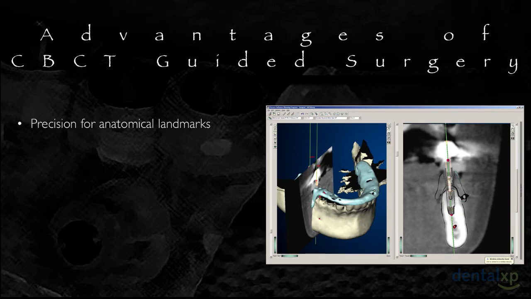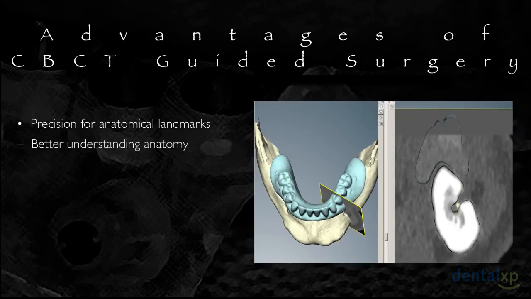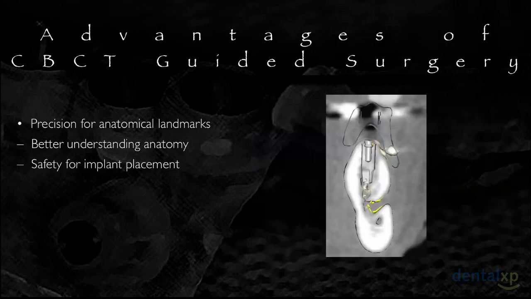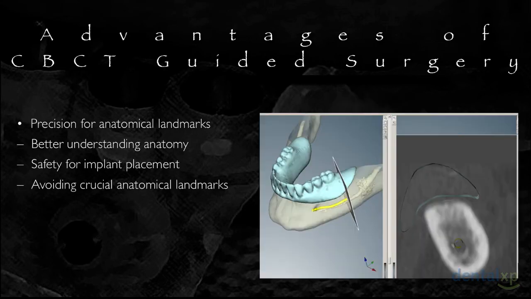Precision for the anatomical landmarks, and that's because we have a better understanding of patients' anatomy because of the 3-dimensional imaging. The 3-dimensional imaging, the clear images that we achieve with the cone beam CT such as 9300, allows us safety of implant placement based upon those anatomical landmarks, so that we can avoid crucial anatomy